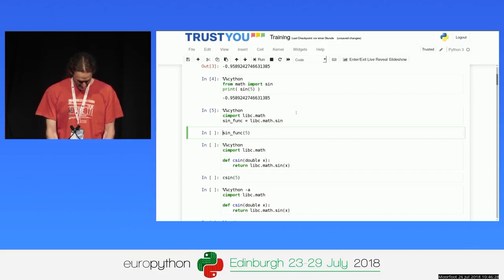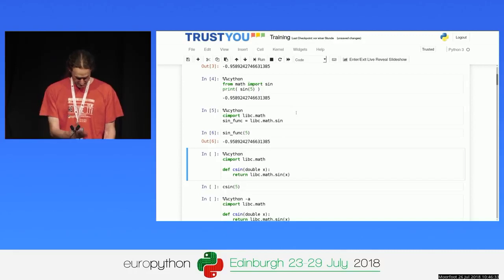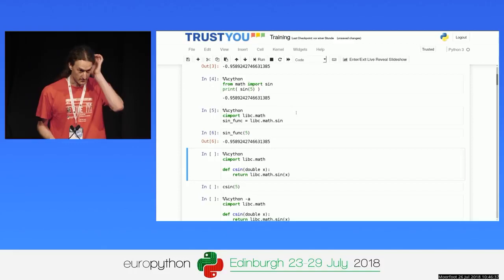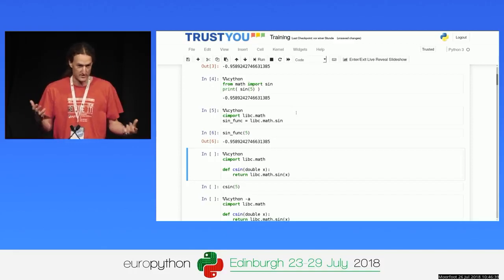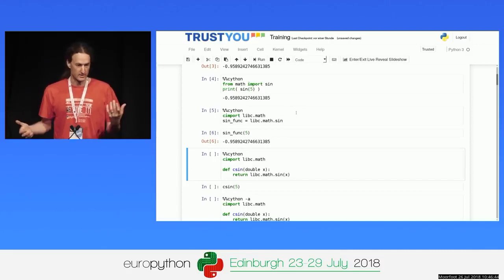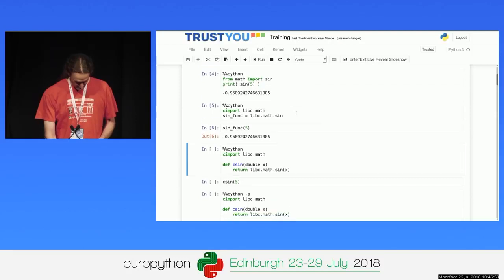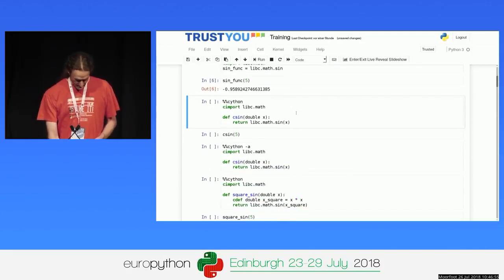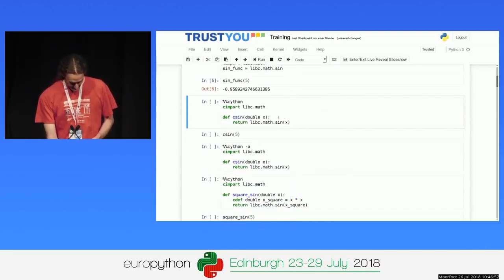So I have a Python callable now, and when I call it from Jupyter, it outputs the same thing as before. This is kind of the quickest way to wrap a C function that has a Python-like signature. Sine is simple. It just gets a double in, a double out, C double in, C double out. That means from the Python side, you can pass in any float object and get a float object back out. What this basically does internally is this, spelled out.